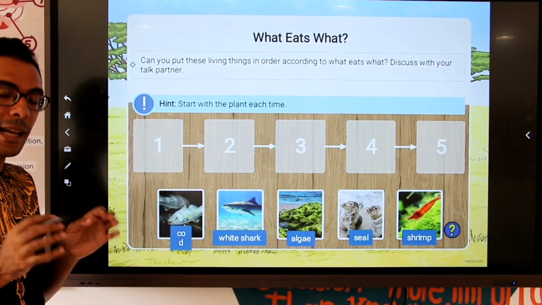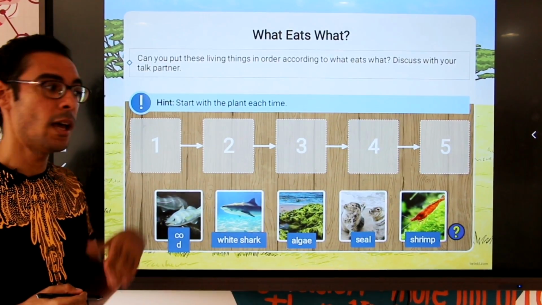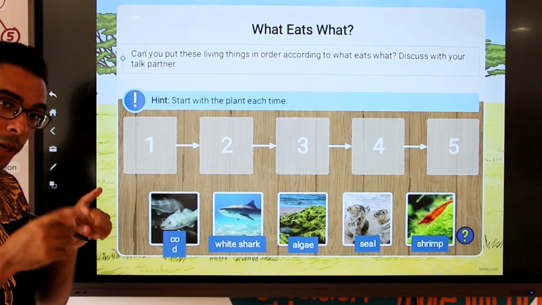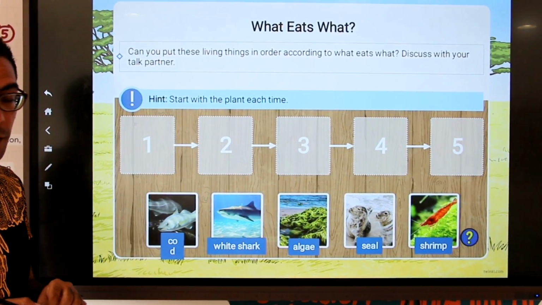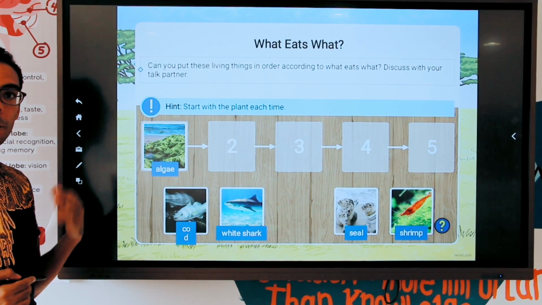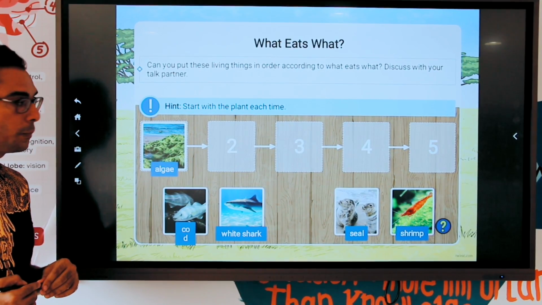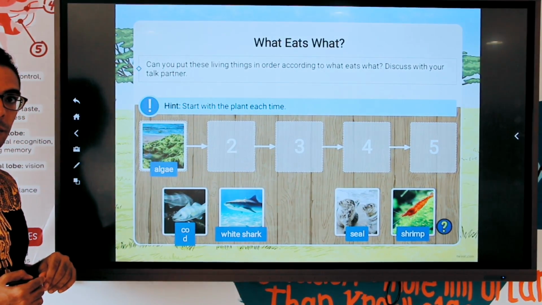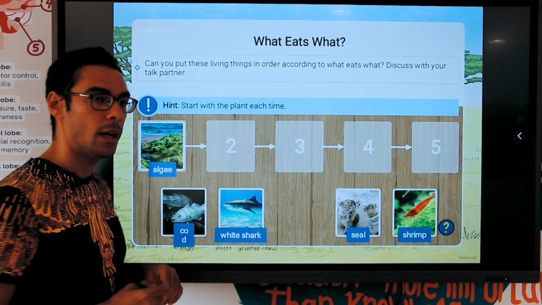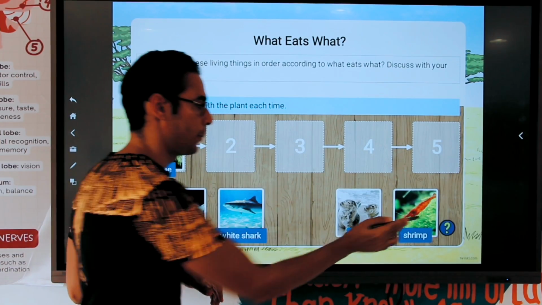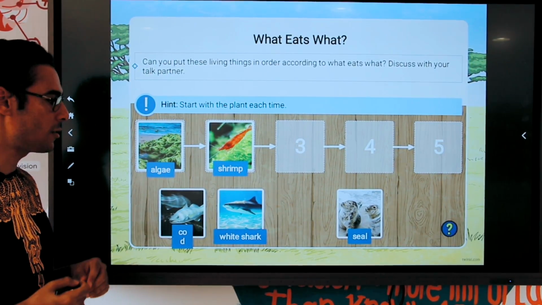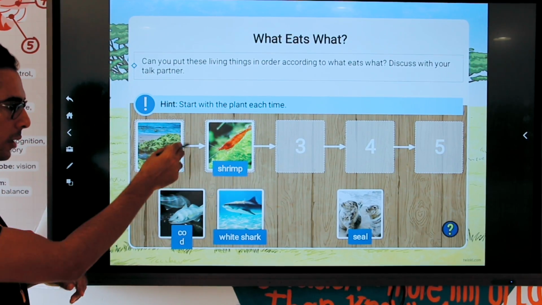A living organism that has the ability to capture the sunlight and perform the photosynthesis process, but the plant is not present there. We might be looking for a replacement, and this replacement is going to be the green algae. The algae is going to be the producer of this marine ecosystem. What comes after the algae is a grass eater. So a primary consumer from the following, I guess it's going to be the shrimp. Perfect.